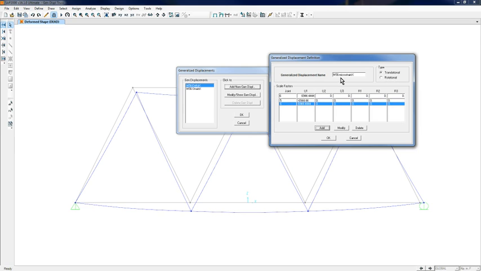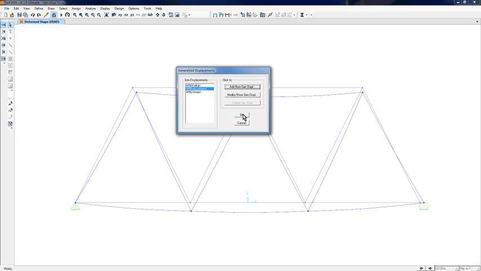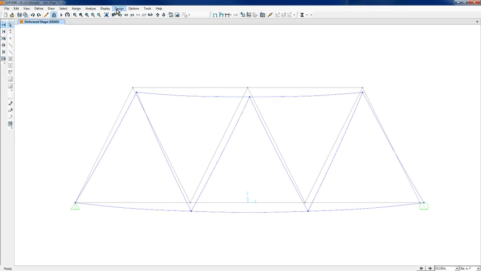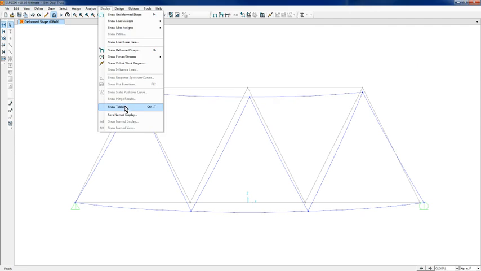So again, the displacement in the x direction for joint 5 times 1,000,000 to get it to microstrain, divided by 144 to convert it to strain in the first place, plus the displacement at node 6 in the positive direction, divided by 144 to get it into strain, multiplied by 1,000,000 to get it into microstrain, and we should be good to go. So we say okay, and if we go ahead and go to our display, show tables,